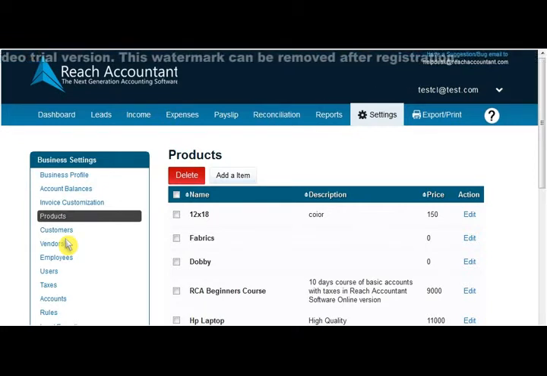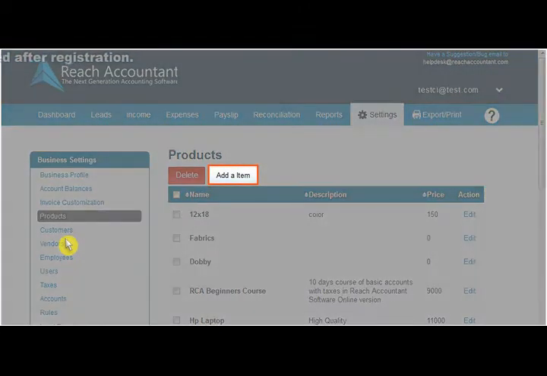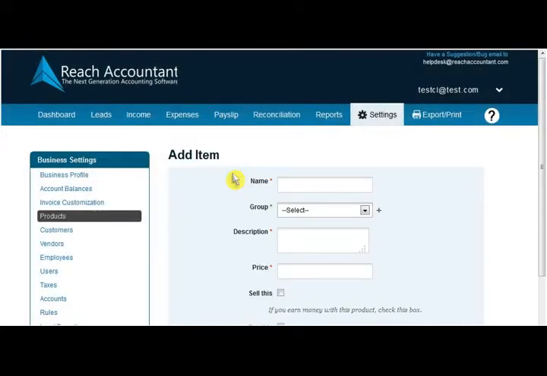Products tab is all about master creation of goods or services of the business entity. To add products or services head, click on Add Item, then fill the required details such as name, group, description,